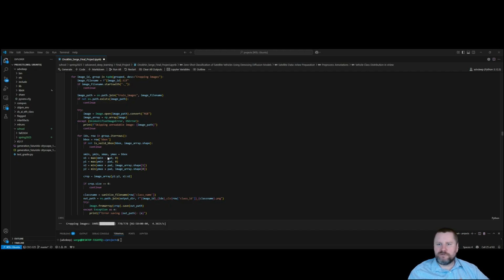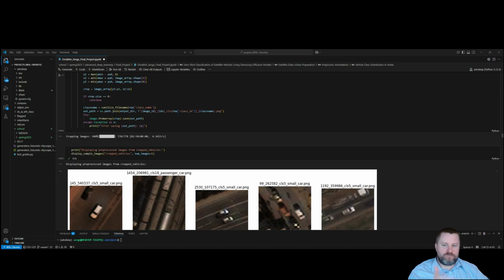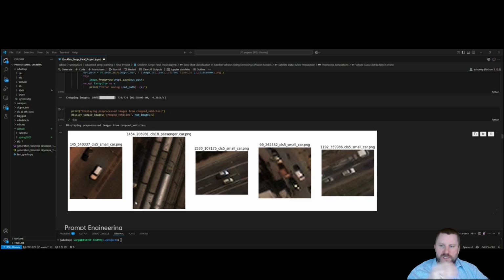I also filtered out any bad crops, like ones that were too small or where the bounding box wasn't valid. Then I saved everything into a new folder of clean vehicle crops, and here's some examples of the